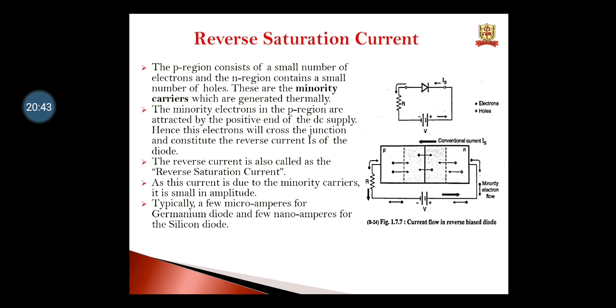But what happens is, as the depletion layer is increased, the majority carriers are attracted, but the minority carriers in p-type, that is electrons, will move through the depletion layer towards the n region, and the minority carriers in n-type, that is holes, will move through the depletion layer towards p-type, and there is a small current in the diode, and it is all because of the minority carriers, and that current is called reverse saturation current, represented by IR or IS, and the current is very small, typically in microamperes.